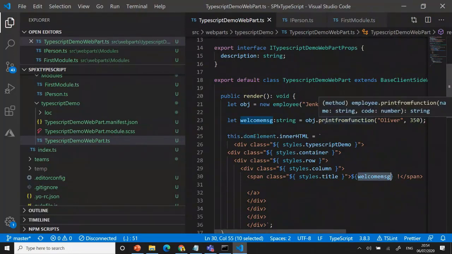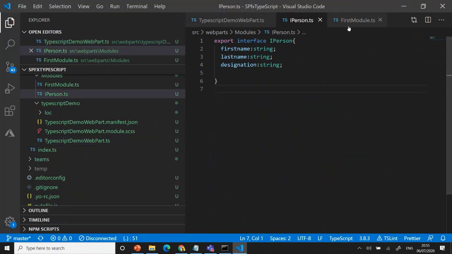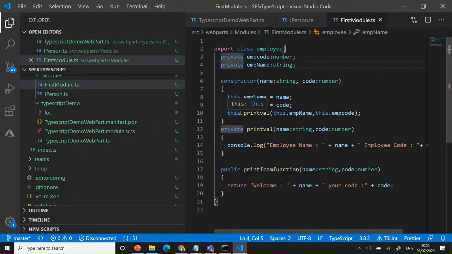Got it? This way you can easily implement all our applications, right? Whenever people try to come to a new application like SharePoint Framework, if your background is C# or any other object-oriented language, or JavaScript or anything, you can easily move. You just need to understand what a class is, how to use the class, and what an interface is, how to use it. We already have this knowledge. Those who have basic object-oriented knowledge can easily leverage it in the SharePoint Framework. That's what I'm trying to show here. I hope it's useful.